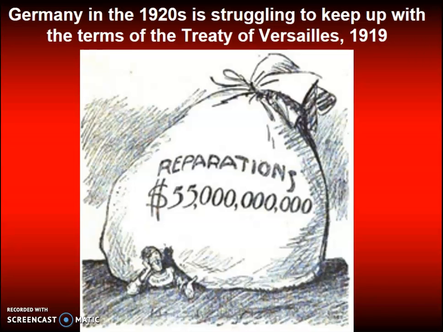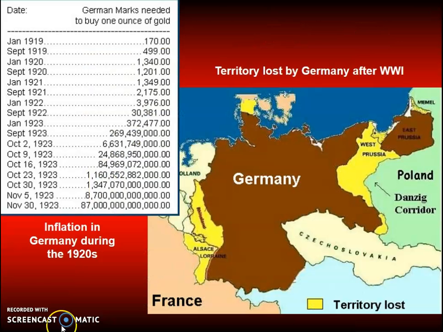And we'll also see that economically, Germany is suffering under the enormous reparations, or war debt, that they owe the Allied powers. Remember, much of Germany's infrastructure was destroyed during the Great War, so they're having to rebuild and get their factories back online at a time when they're saddled with this huge debt. Inflation in Germany, immediately following the war and throughout the 1920s, soon became a huge issue, as you can see from the chart that I have here on the slide.